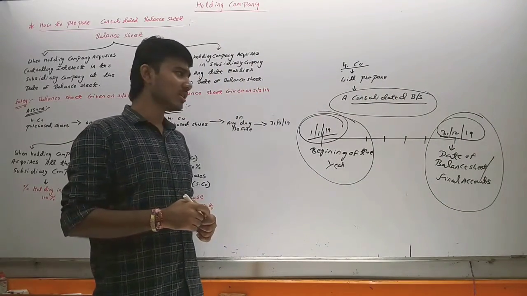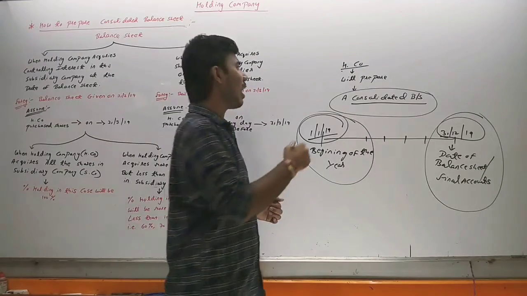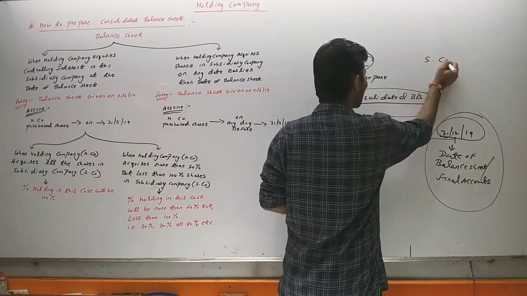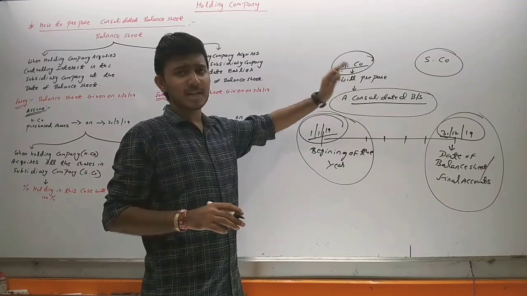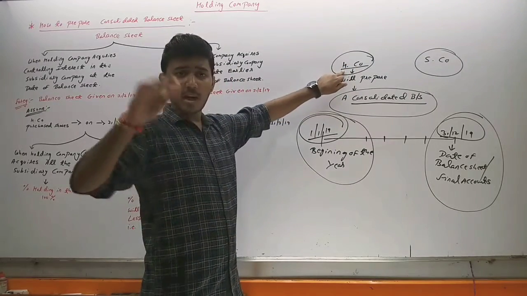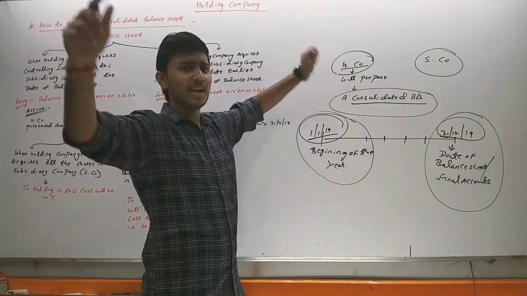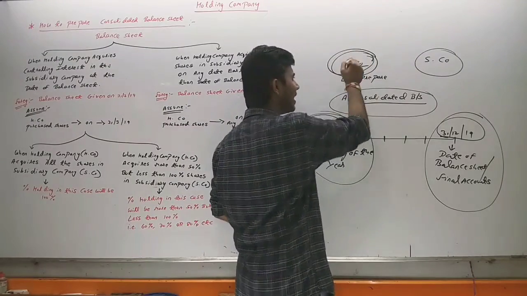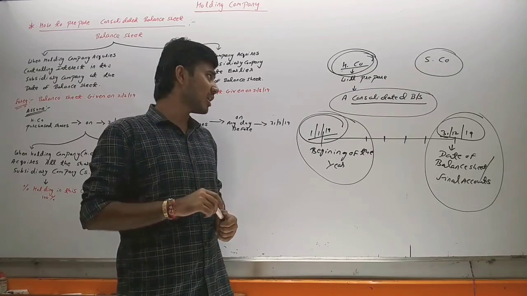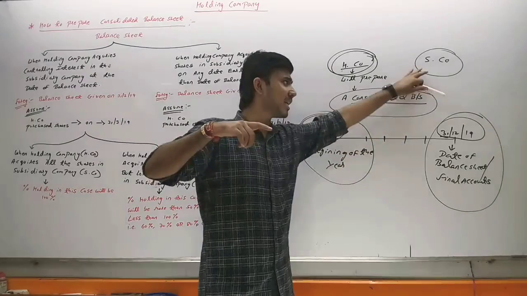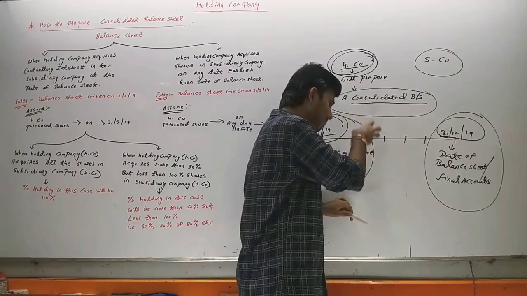Because whenever we see a question on holding company, we will find two companies, out of which one company will be the holding company and the second company will be the subsidiary company. And how can we identify which is the holding company and which is the subsidiary company? If the company owns more than 50% shares of another company, then only it is known as holding company. It means if any company wants to become a holding company, then it has to purchase the shares of the subsidiary company. Now the question comes, when can they purchase the shares of the subsidiary company? It can be on any date, whether at the beginning of the year or in between.